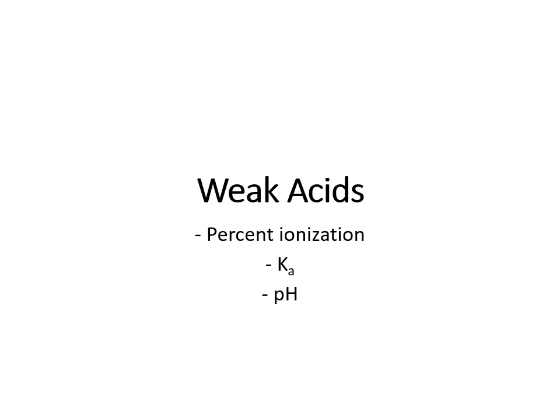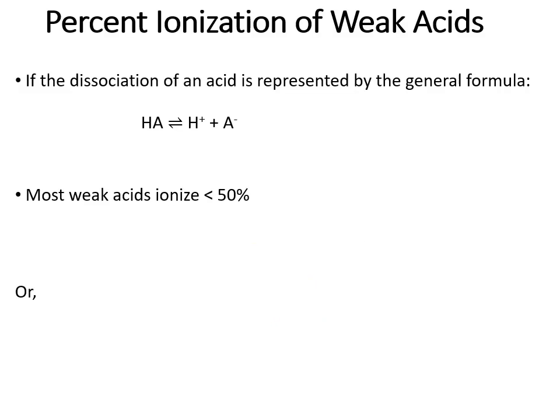So we're going to start off by looking at weak acids. We're going to look at their percent ionization, their Ka, as well as their pH. So first off, percent ionization. When you put an acid into water, a certain amount of it is going to dissociate. You can express that as a percentage. And so we start off with our acid molecule with the hydrogen ion attached. It's going to shift to the right to some extent before it establishes equilibrium,